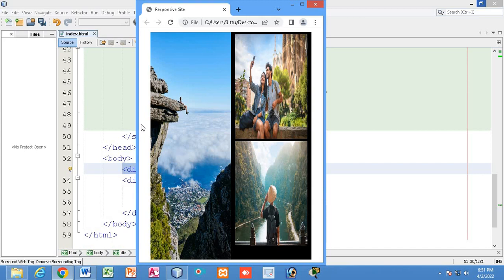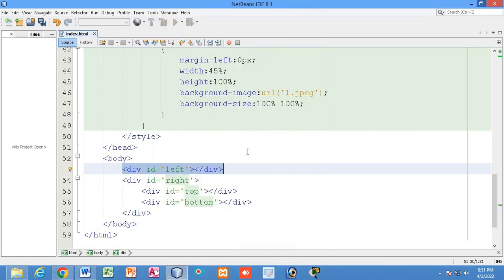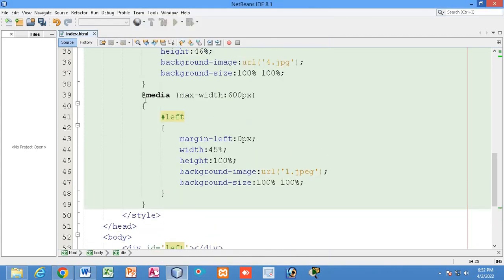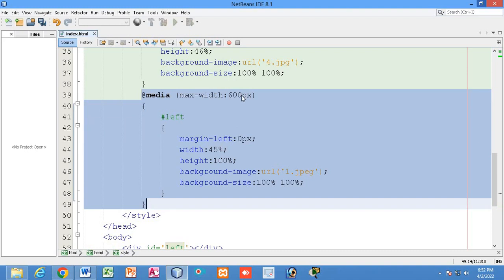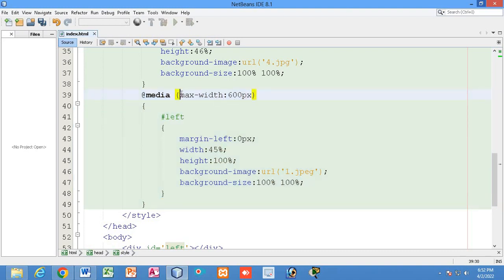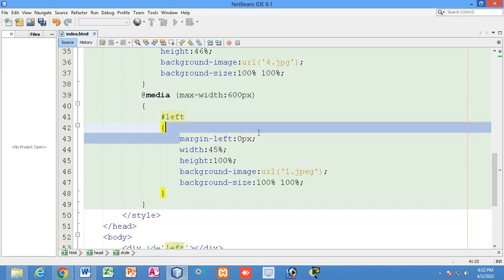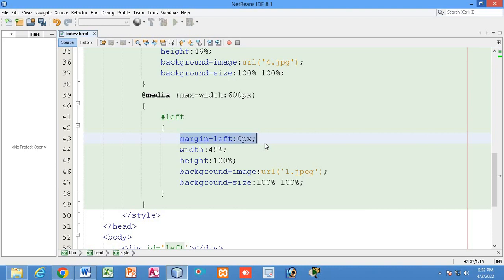This should appear from here, from the start. It should not appear by having margin. When the website will be accessed from mobile phone, this margin will disappear, right? So you can see what I have written inside the media query. If the width does not exceed the maximum width, if it does not exceed 600 px, then the margin left will disappear, it will be 0 px, and